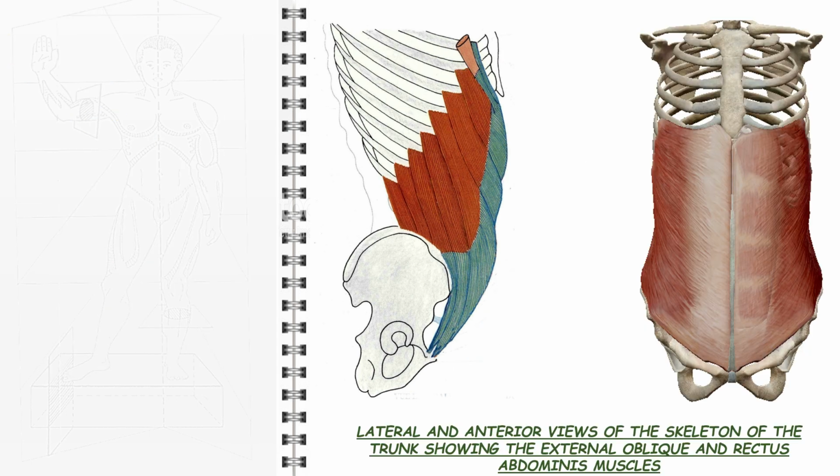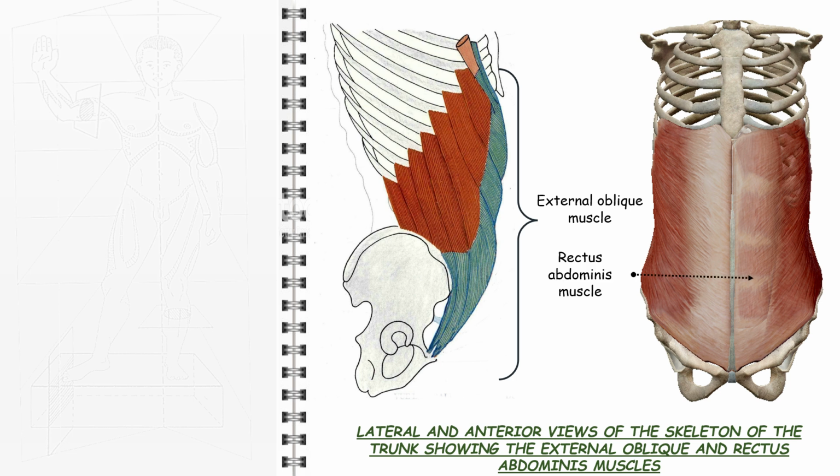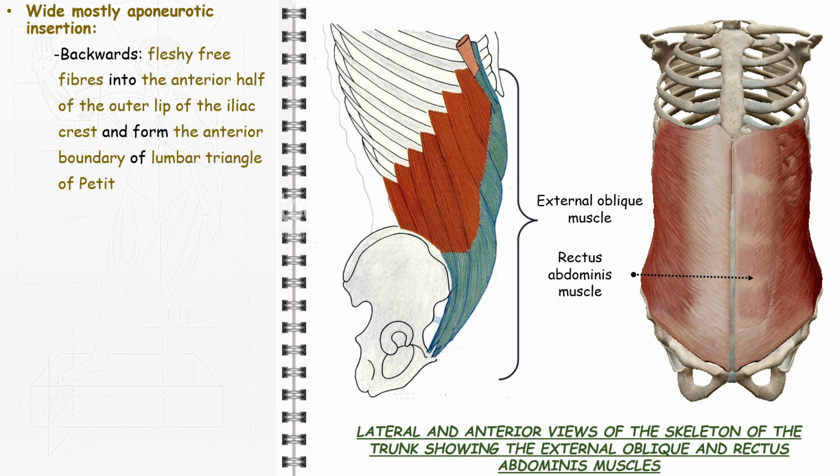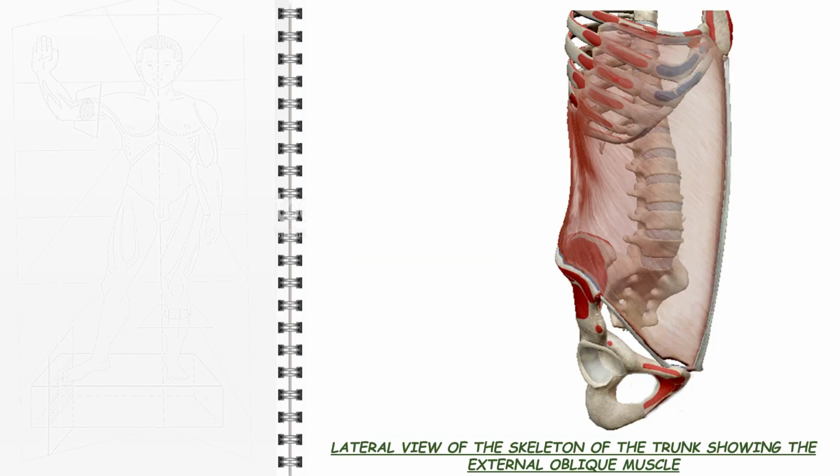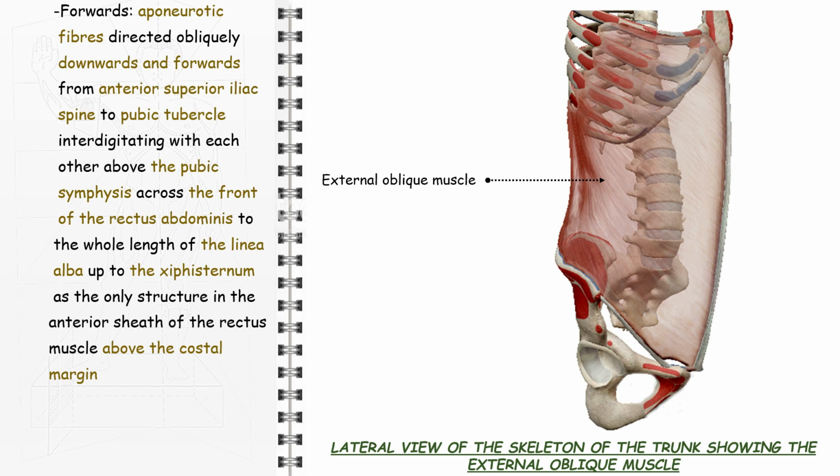Its insertion is wide and mostly aponeurotic. It attaches, backwards, by fleshy free fibers onto the anterior half of the outer lip of the iliac crest and forms the anterior boundary of the lumbar triangle of Petit. Forwards, it is attached by aponeurotic fibers directed obliquely downwards and forwards from the anterior superior iliac spine to the pubic tubercle, interdigitating with each other above the pubic symphysis across the front of the rectus abdominis to the whole length of the linea alba up to the xiphosternum as the only structure in the anterior sheath of the rectus muscle